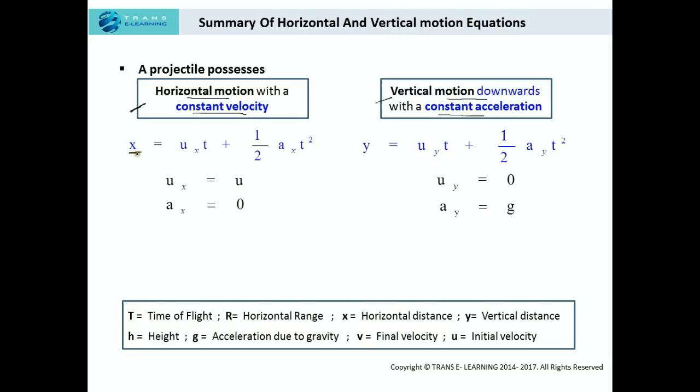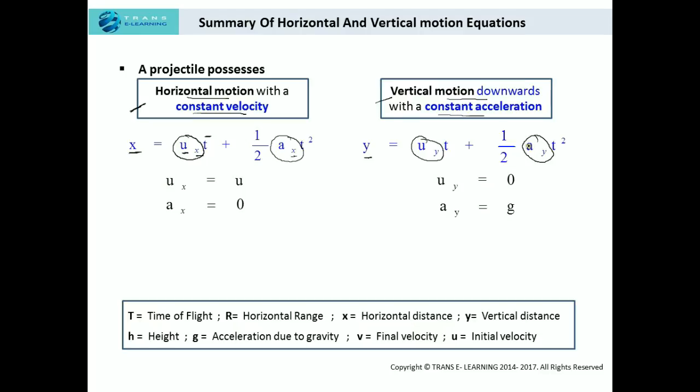X represents the horizontal distance, U represents the initial velocity, so Ux represents the initial velocity in the horizontal direction, T is the time of flight, and ax represents the acceleration due to gravity in the horizontal direction. Y represents the vertical distance, uy represents the initial velocity in the vertical direction, and ay represents the acceleration due to gravity